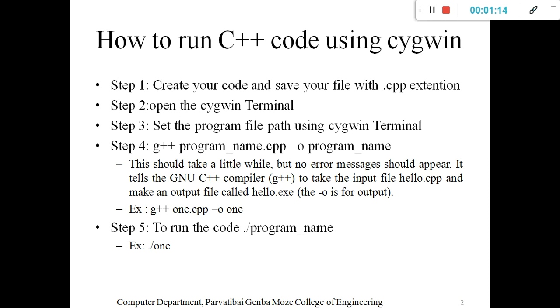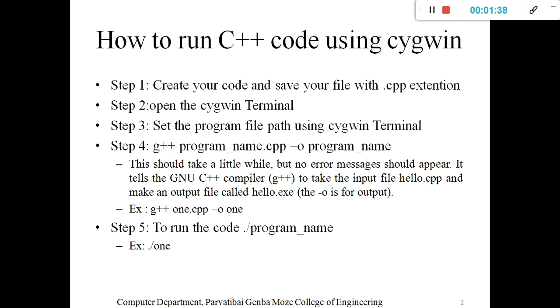You need to install Cygwin first. In the next videos I will explain how to install Cygwin on your Windows operating system. There is no need to install Cygwin on a Linux system because we use GCC, that is the GNU C++ compiler.